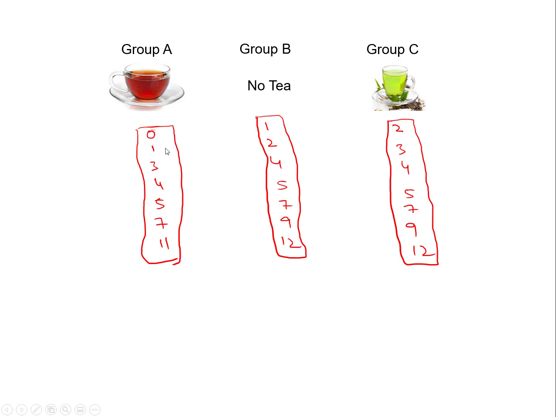let's suppose, what is the range? You know the range is the difference between the highest and the lowest. So this is the highest and this is the lowest. So the range is 11, let's suppose. And the range in this one, this is the lowest and this is the highest one. So this is also 11. Let's suppose in this one, what is the range? The difference between highest and the lowest. So this is also 10.